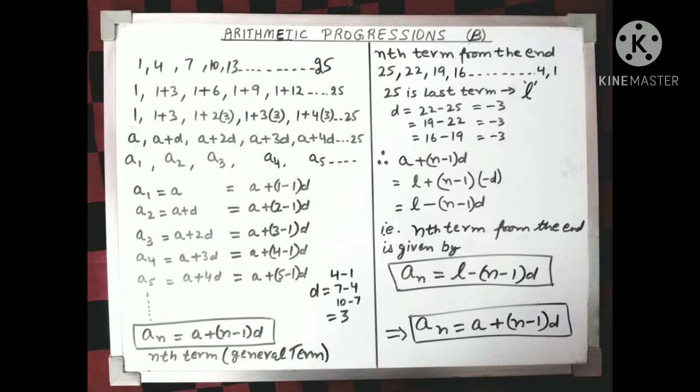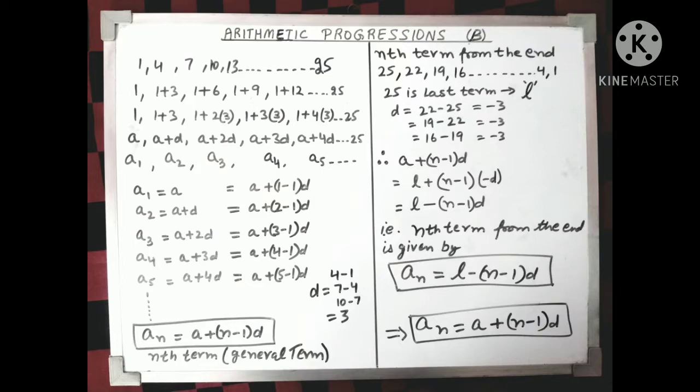I will write 4 as 1 + 3, then 1 + 6, 1 + 9, 1 + 12 and so on. Again I will write it like this. I will change the numbers in a particular manner, a pattern sort of: 1, 1 + 3, 1 + 2 times 3, 1 + 3 times 3, 1 + 4 times 3 till 25 and so on. So if I represent the number 1 as a and 3 as the common difference d,